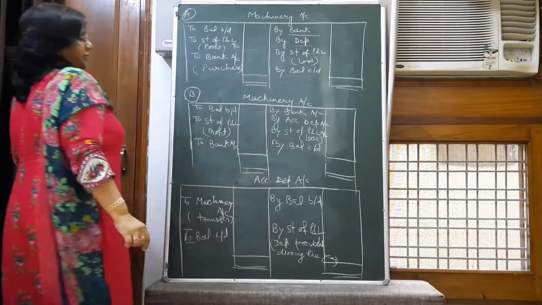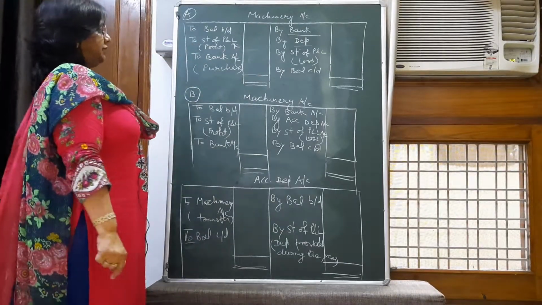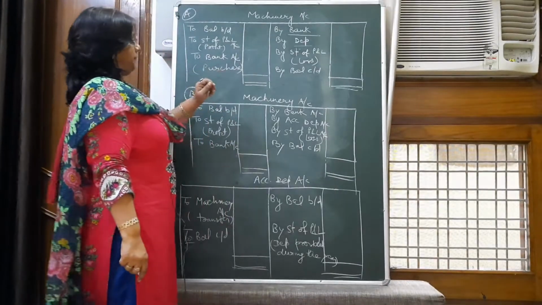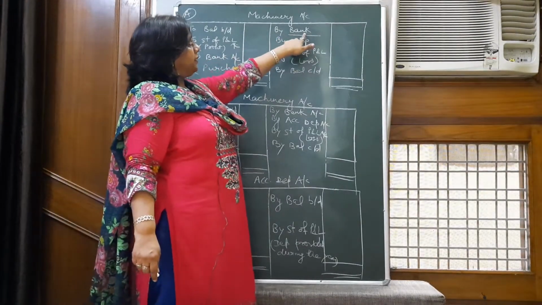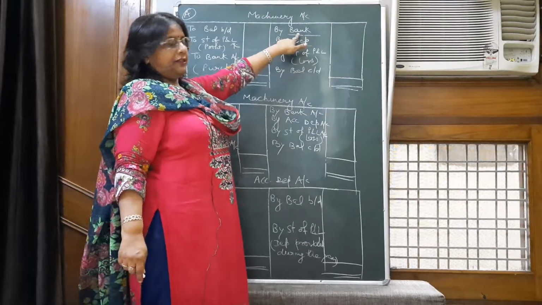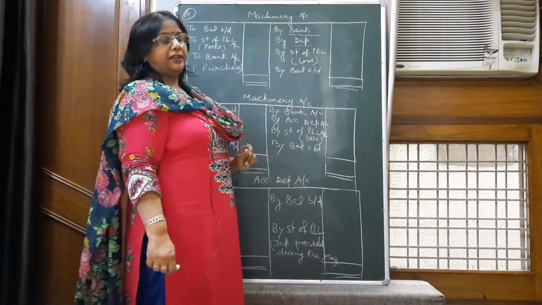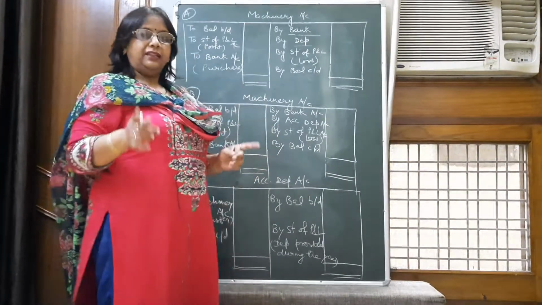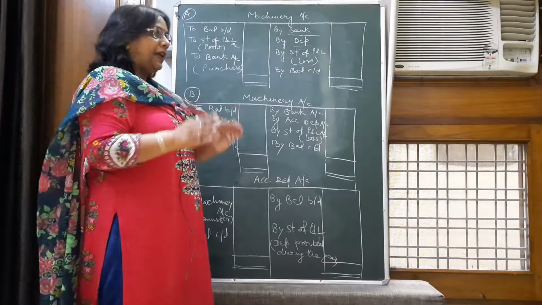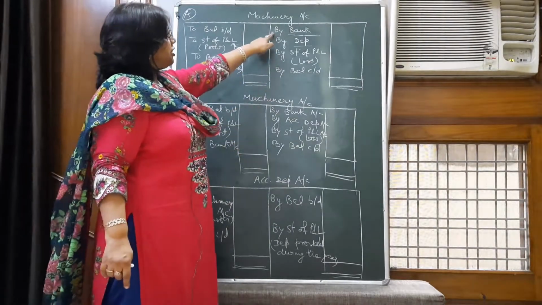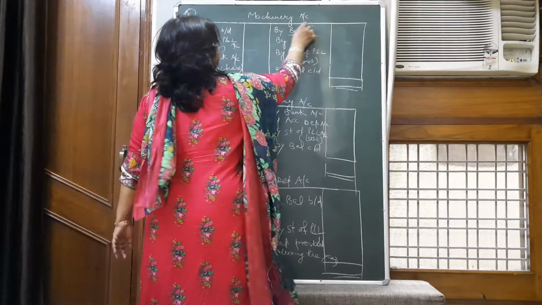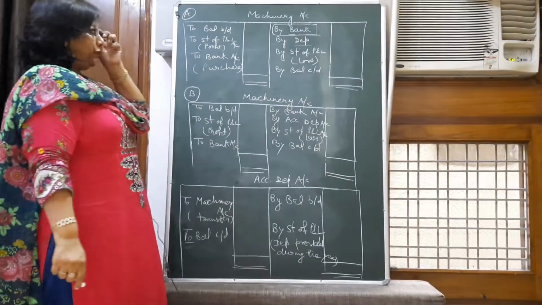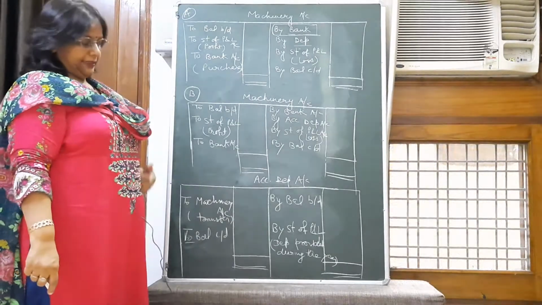Now my point is, you have so many items. Which items are to be shown at which places in cash flow statement? You see by bank account, that is selling price, machinery sold by you during the year. This amount is to be shown by you in cash flow statement as an inflow in investing activity. First thing, I am putting it into a box that will be shown under investing activity as an inflow.